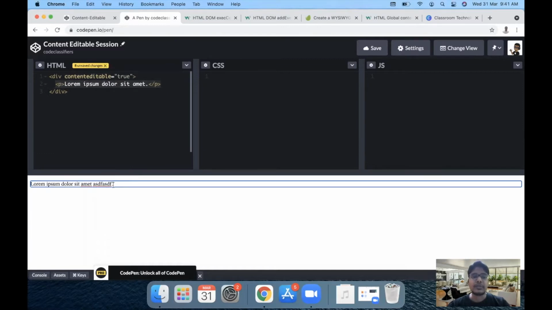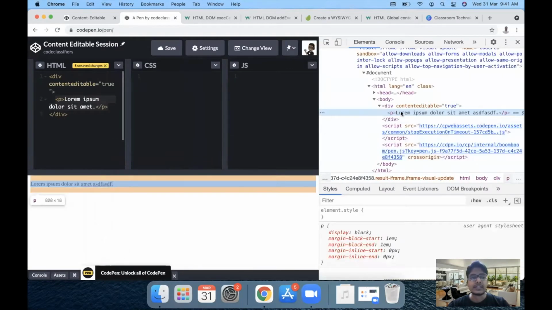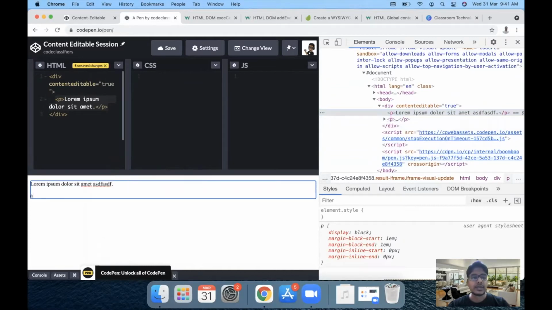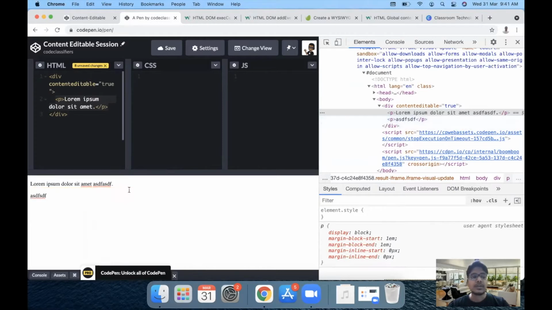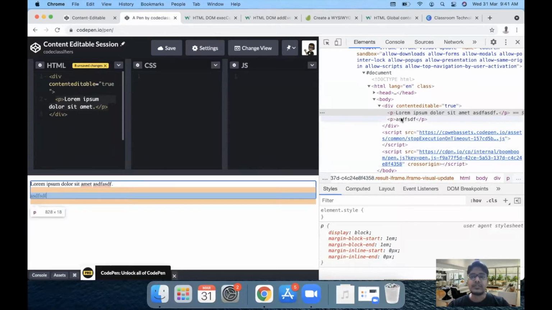Now what we mean by editable is, if we inspect this, let's say this is a p tag here. Now if a user hits the enter key and adds a new text here, then this will automatically add a p tag within the lorem text. This is added automatically by the browser because the contenteditable property of our div is set to true. So by default, some HTML elements are added into this div so that the user can edit or add some text.